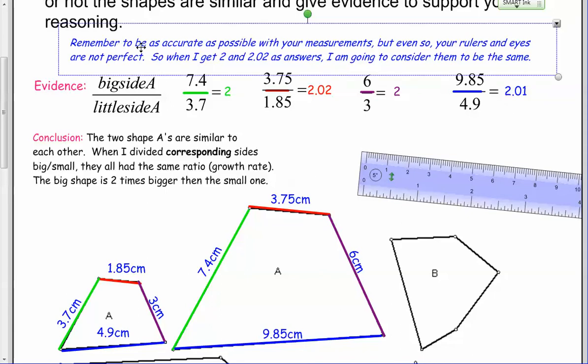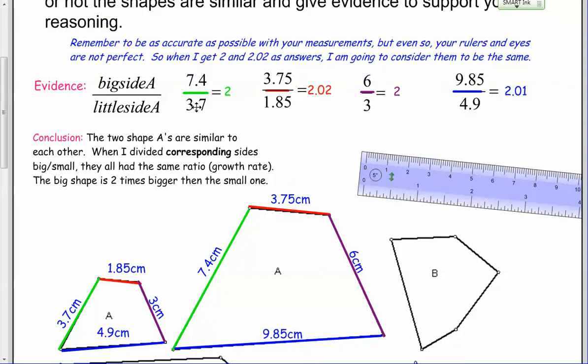So just pay attention to what I'm saying right here. Remember to be as accurate as possible with your measurements, but even so, your rulers and your eyes are not perfect. So when I get 2 and 2.02 as answers, I'm going to go ahead and consider those to be the same thing. So what I found then, and now I need to go on and state my final conclusion,